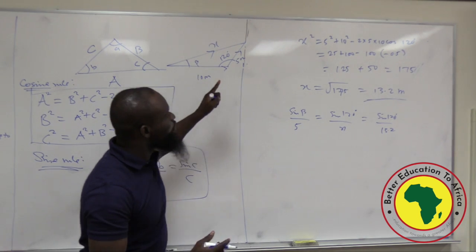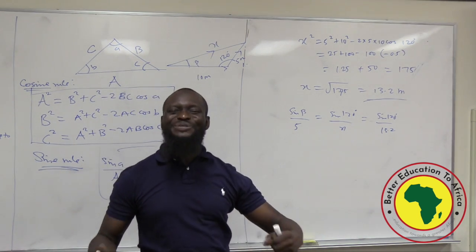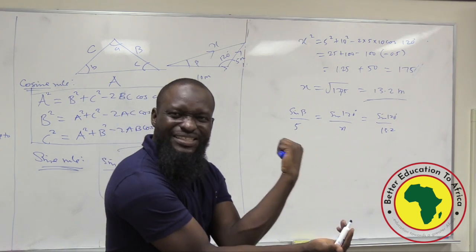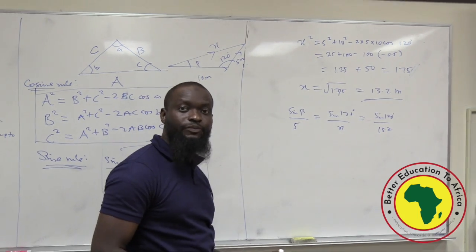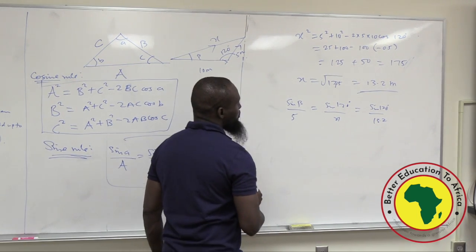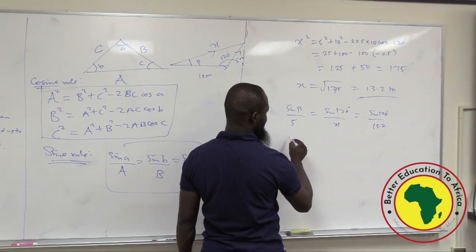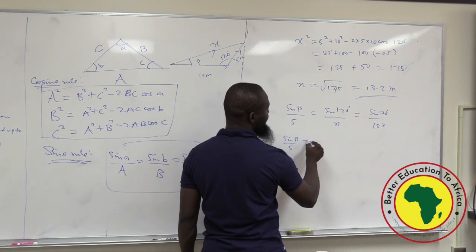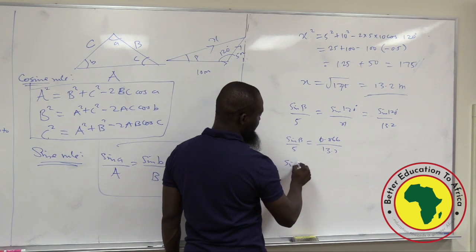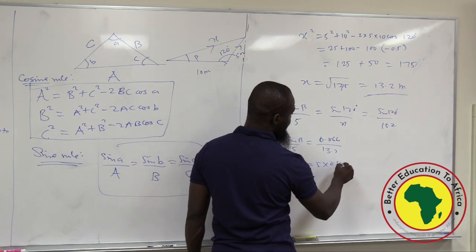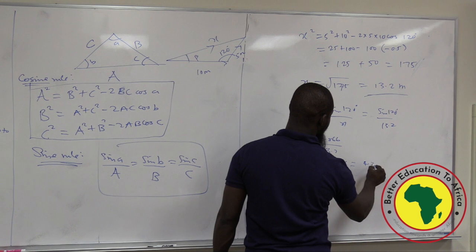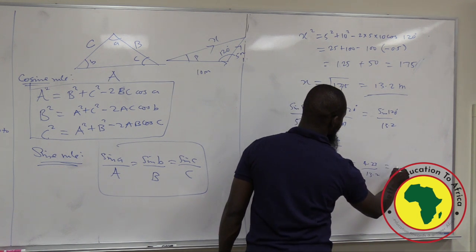Okay, so I use the cosine rule to get my magnitude. Now I'm using the sine rule to get my direction. This is how you attack this case once it is at an acute angle. We see it is the same case for an obtuse angle. So this will give us sine beta over 5 equals sine 120, 0.866, over 13.2. So sine beta is 5 times 0.866 over 13.2, which will give us 4.33 over 13.2, which will give us about